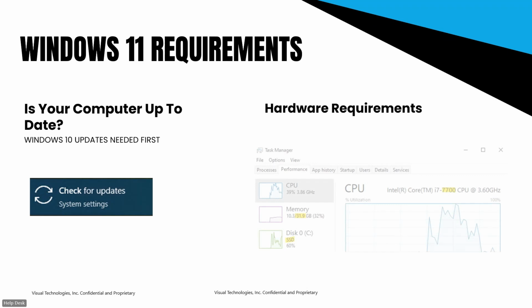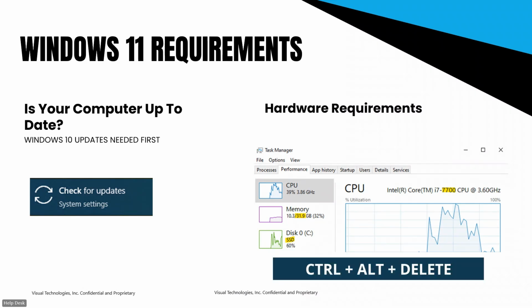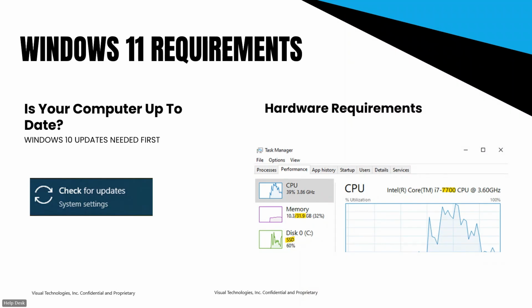The next part of things is going to be hardware requirements. There are 3 data points that are very important to know about when you are considering upgrading a machine to Windows 11. The easiest place to find these is going to be in the Task Manager. You can do the classic Control-Alt-Delete and click Task Manager, or you can use the search menu and search for Task Manager. And then you're going to want to flip over to the Performance tab, like you see in the screenshot on the right. On this Performance tab, there are 3 highlighted data points that you need to know about and understand to ensure that your machine is Windows 11 compatible.